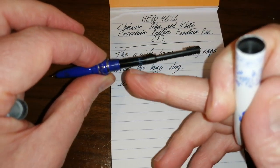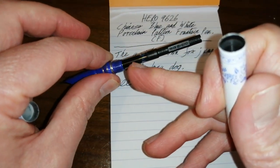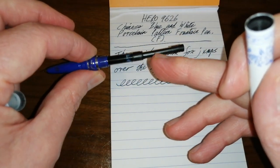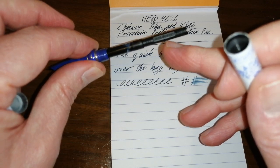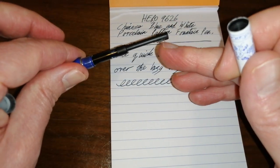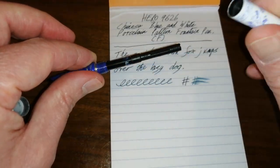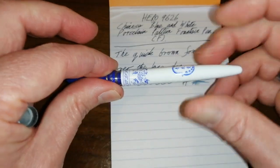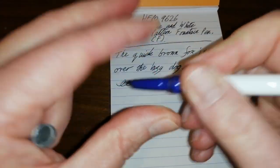Really, really good. And this converter, I must admit, it will take standard international cartridges. This is a standard international converter that came with the pen, and it is on the cheap side. I mean, it's this slidey type plunger thing with a little handle that slides up and down inside a track there, moving the piston up and down. So the converter is a bit on the cheap side, but it does do a full fill, which is better